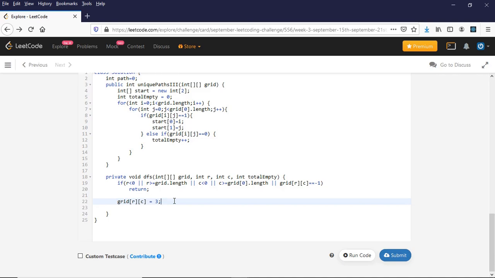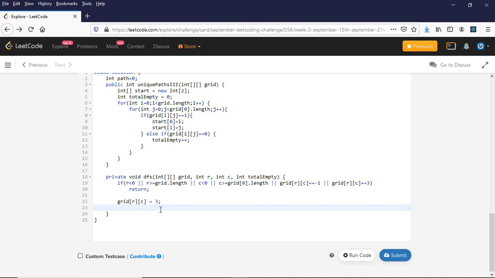So I'll mark the current cell as 3. This will indicate that the current cell has already been visited. So in the same path, I should not be visiting this cell again, right? So let's add that condition as well in my base condition. So I'm adding this condition as well. If the grid RC, that means the current cell, is 3, even in that case, return back, right?